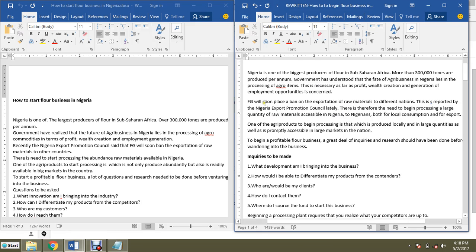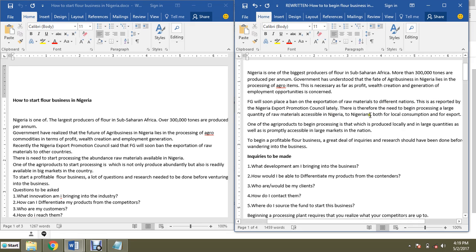That is another sentence. So instead of putting a too long line of sentence, make it brief, short sentences. Now there is therefore the need to begin processing a large quantity of raw materials